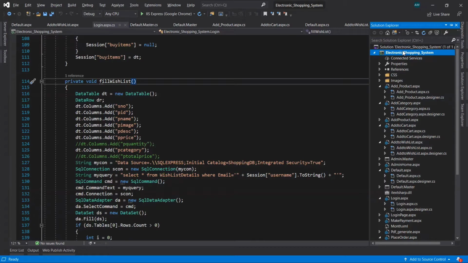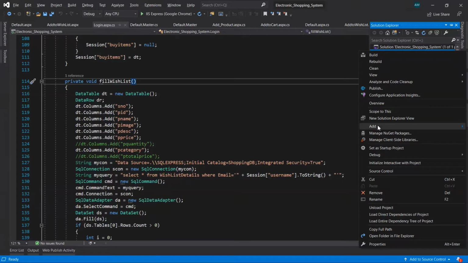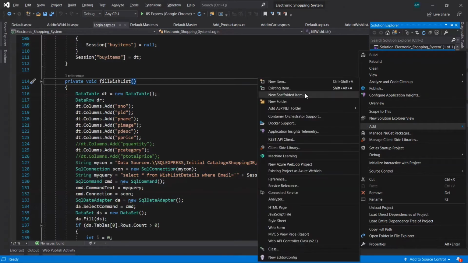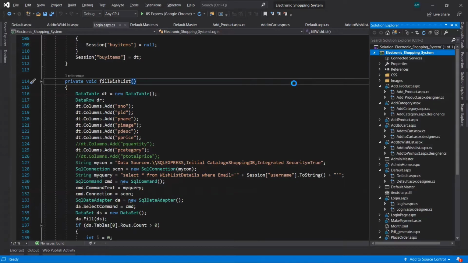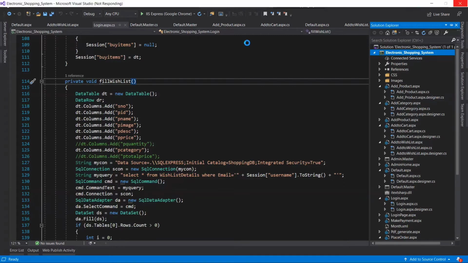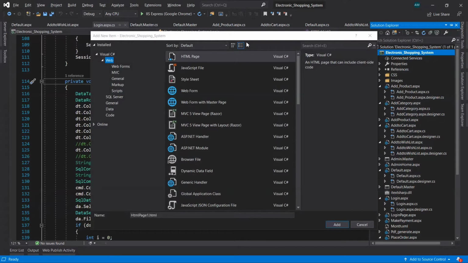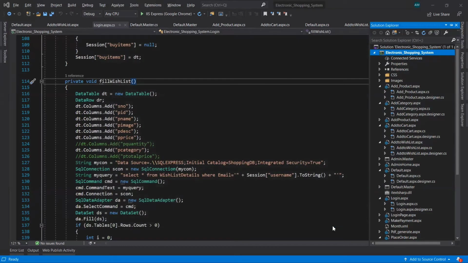So right click on your project name, click on Add, New Item, Web Form. Now give a name for that web form. I'm giving ProductDetailsPage. Click on Add.